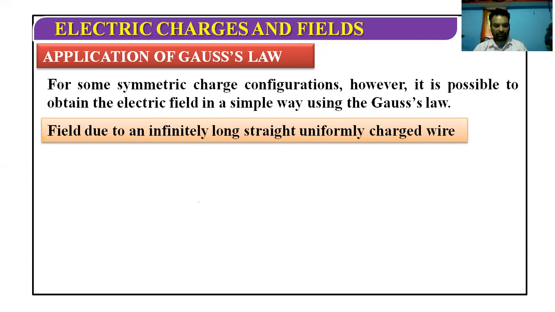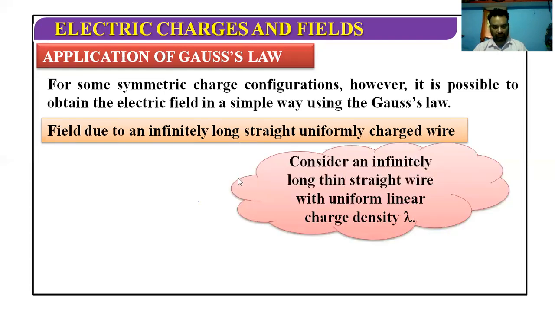So we will take a case. We have an infinitely long, straight, uniformly charged wire. Infinitely long. So note this point. Our rod is infinitely long. It's not a finite rod. So infinite rod, again, it is an important point here. We have the case of finite rod also, so we will discuss that later. But right now we have an infinitely long straight uniformly charged rod. Uniformly charged rod hai, so it is a case of symmetry.